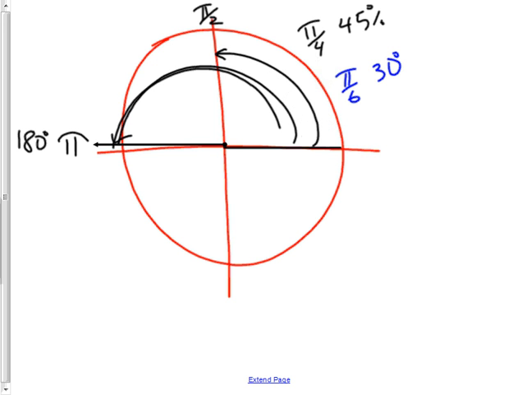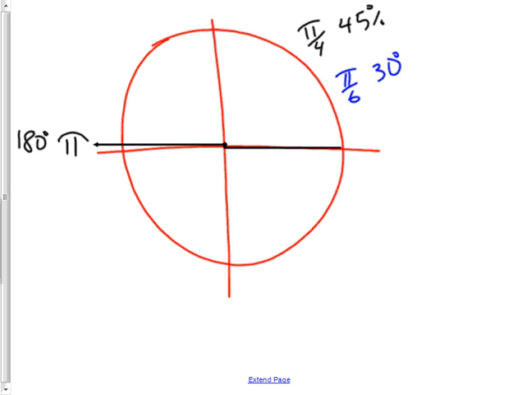All right, let's keep going with that theme of the even ones. So if this is 1/6 of a pi, if the whole pi is all the way, right? That's 1/6 of a pi. This is 1/4 of a pi. And now let's see what the other ones are that are kind of like that. If that's 1/4 of a pi right here, then if I double that and I go to 2/4 of a pi,